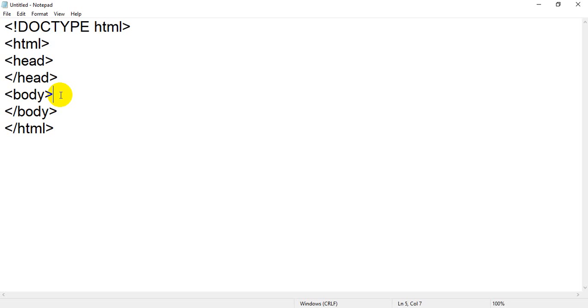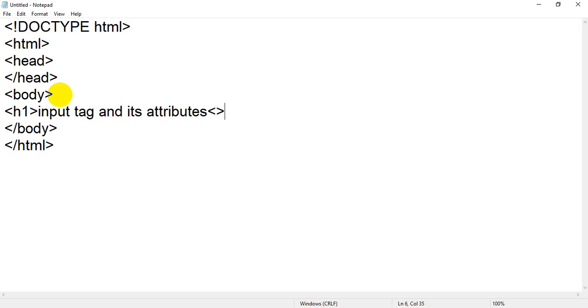So first we have to create a form. Before creating the form, I want to give a heading to the form, that is h1. I can write input tag and its attributes.